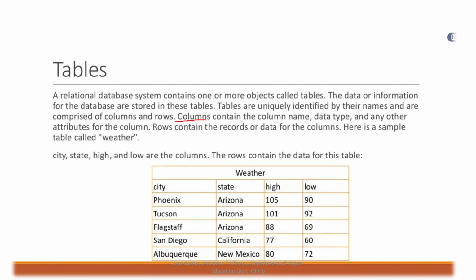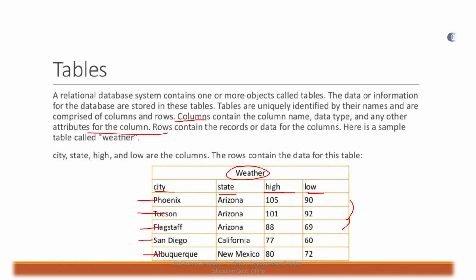Each column contains a column name, data type, and any other attribute for the column. For example, we have this table named weather, and it has 4 columns: city, state, high, and low. And we have different rows in that weather table. This is the first row, second row, third row, fourth row, and fifth row. These are basically the records of the weather table, and each record is different or unique from every other record in